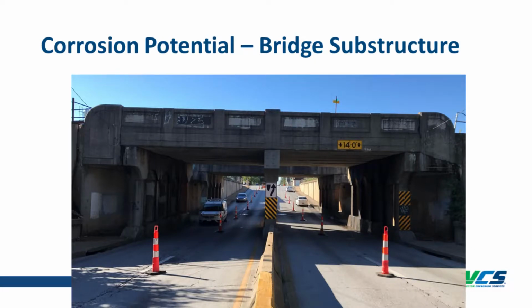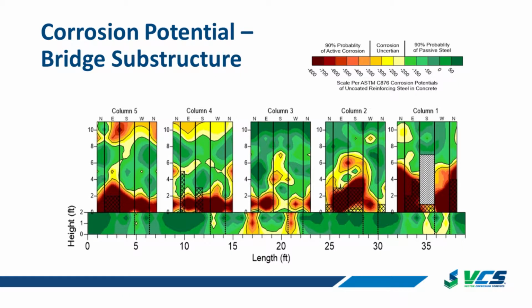And corrosion potentials can be used on substructure elements as well. So this is a bridge that I was looking at. We were actually looking more at the substructure elements because the roadway below was splashing moisture and chlorides onto the substructure elements. And this actual slide gets me into one of the things I think people